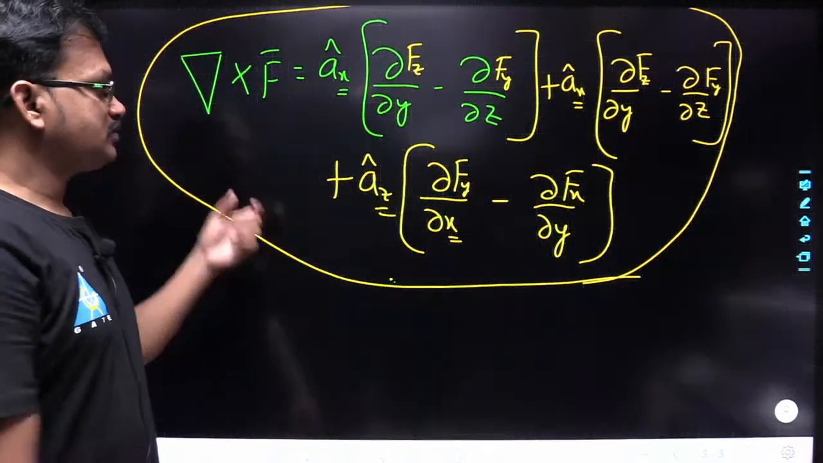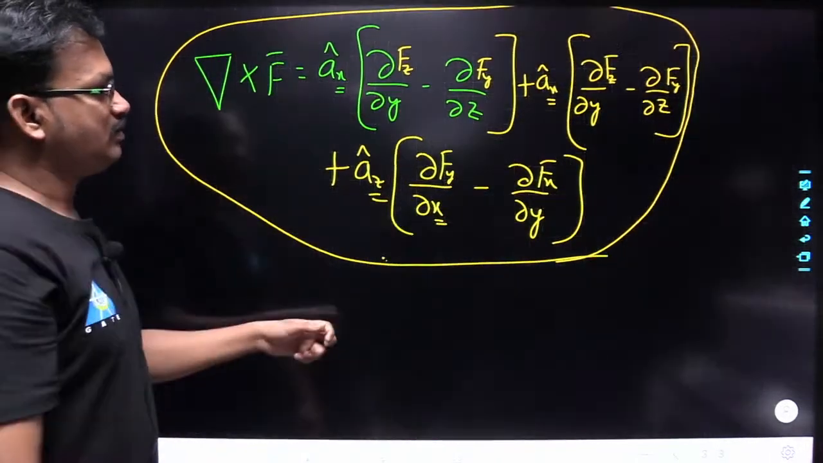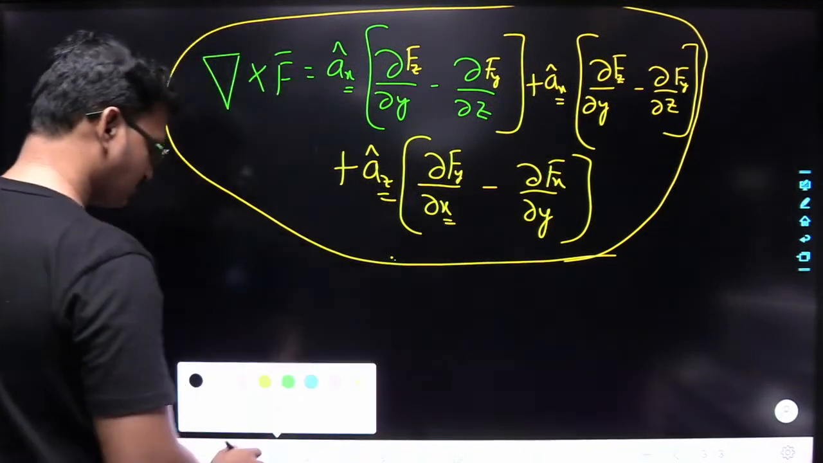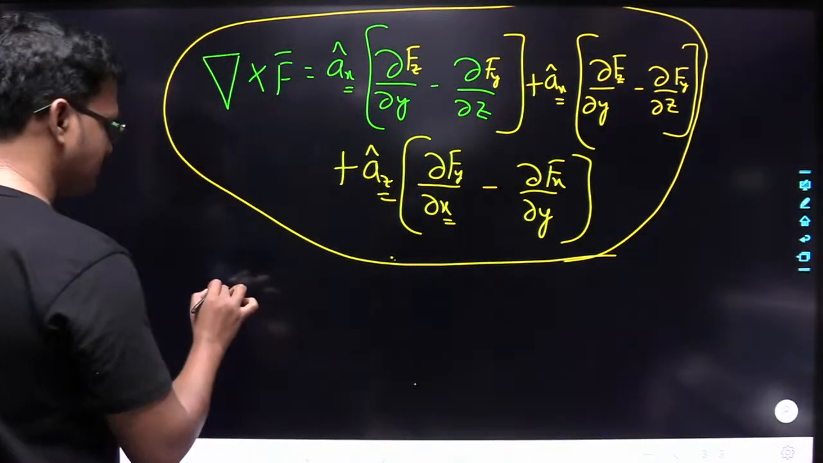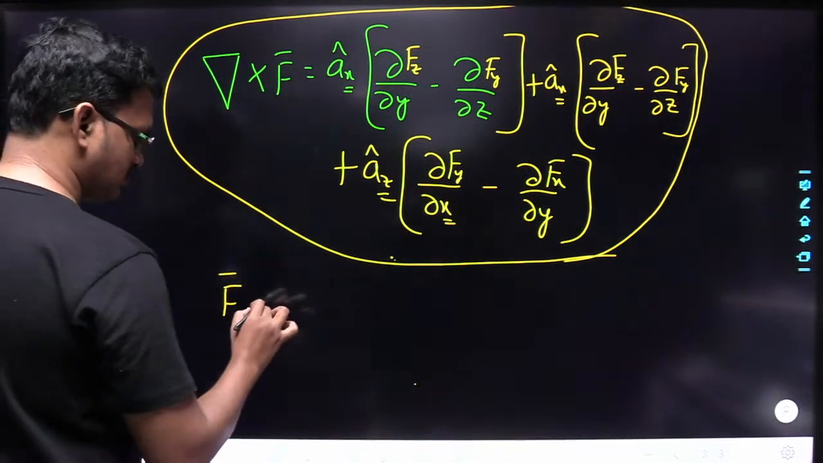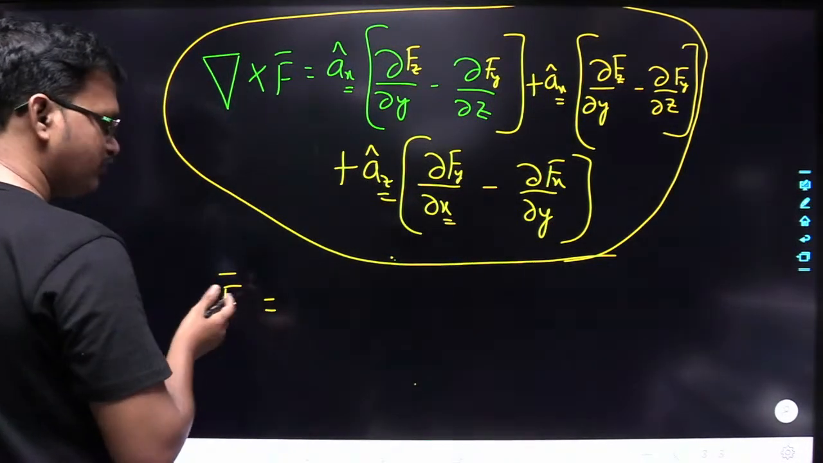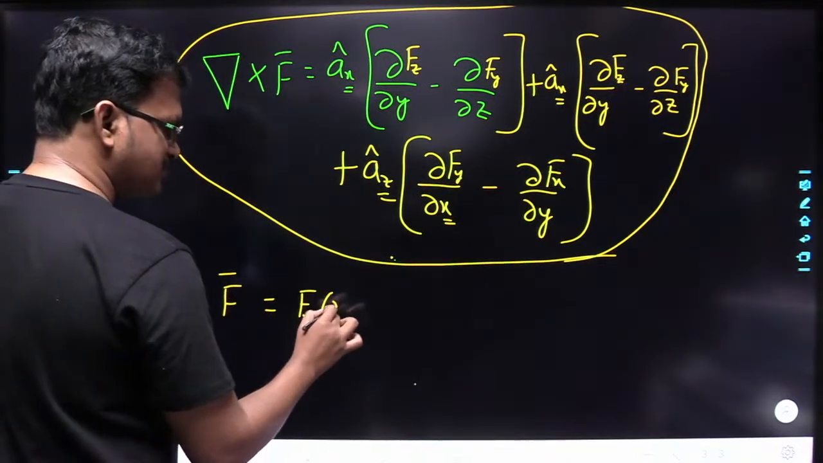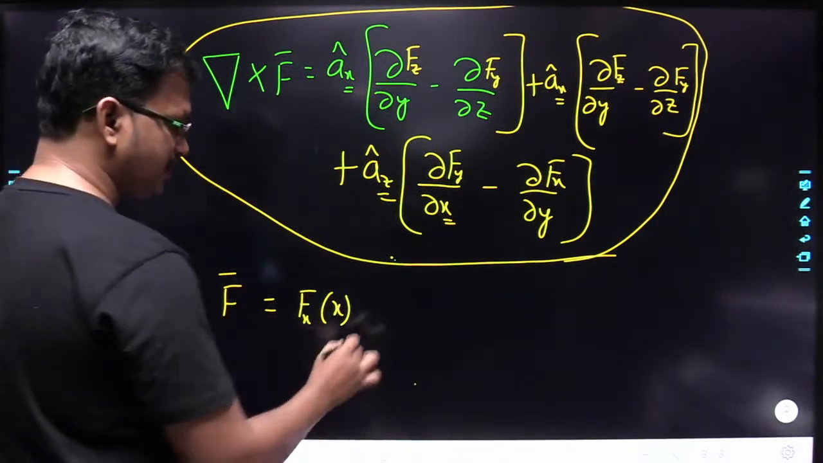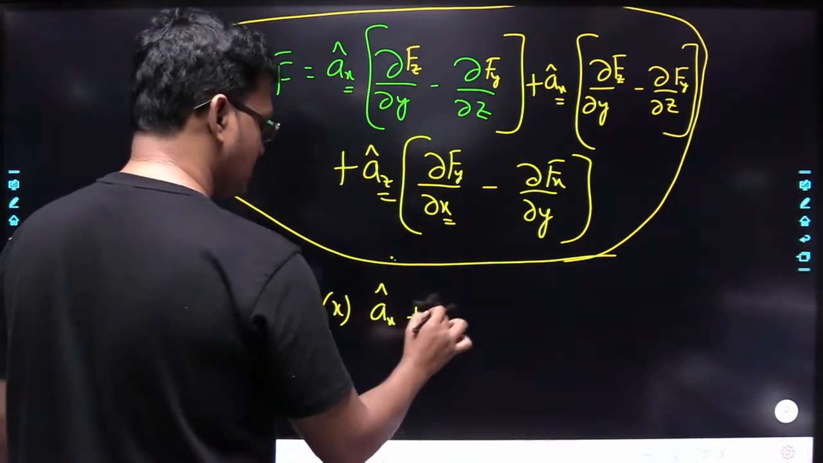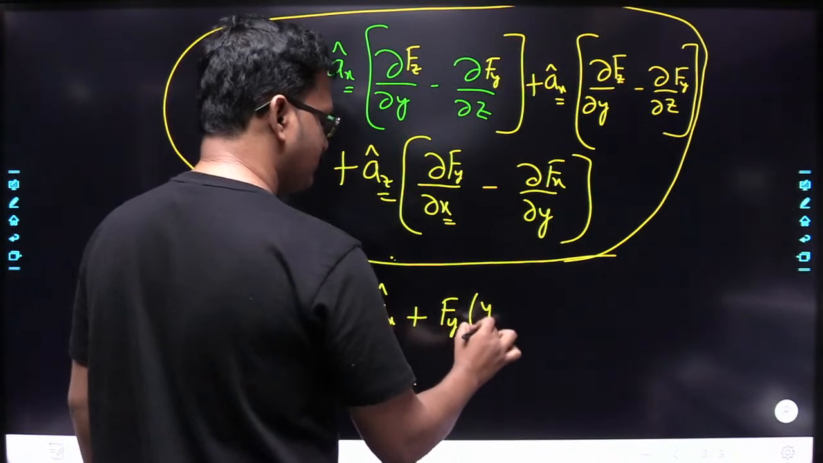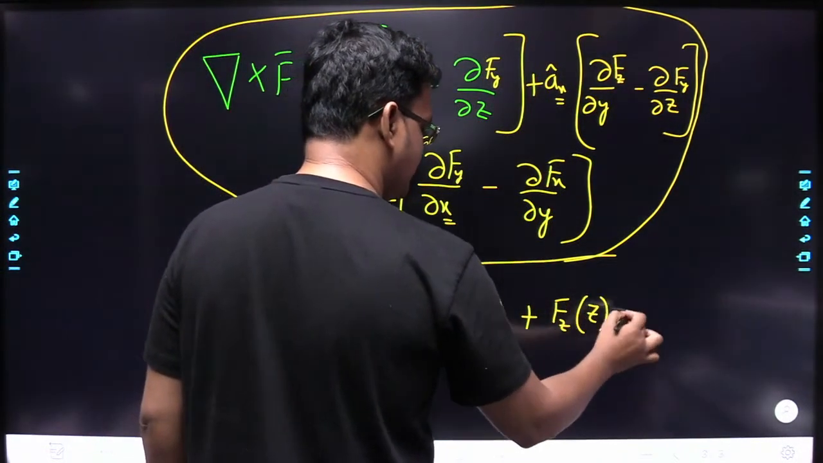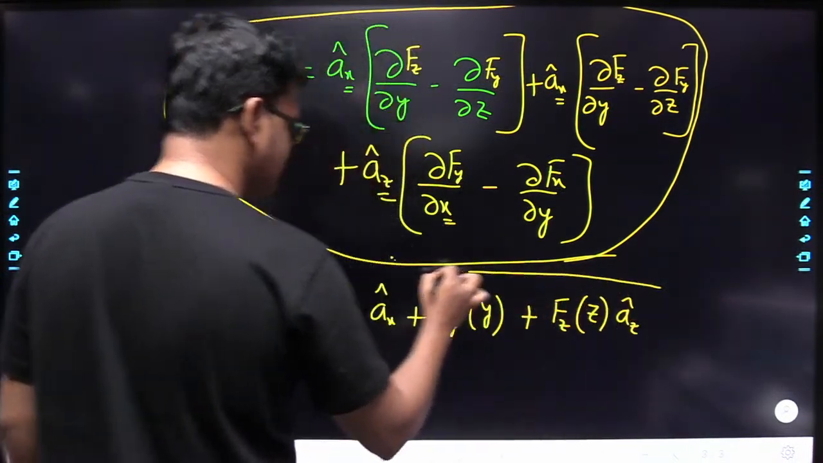Now, see, if I consider the vector field here, I will give one simple trick. If you are having a vector field where the x component is a function of only x, the y component is a function of only y, and the z component is a function of only z, if you are having the vector field in this manner,